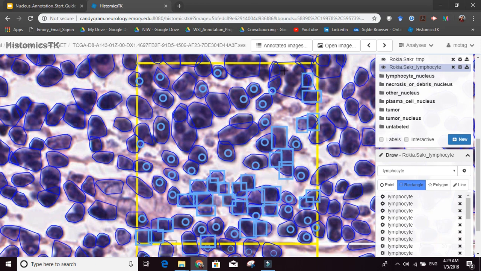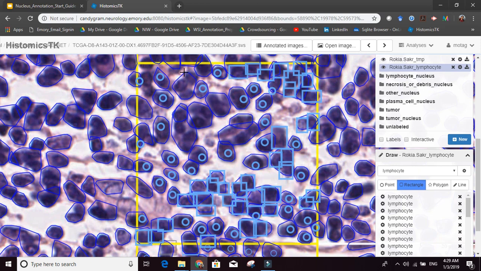This is a lymphocyte. This is a lymphocyte. This is a lymphocyte. This one, I think I already labeled it, but anyways, this one is a lymphocyte over here. This one is a lymphocyte over here. This is a lymphocyte over here.